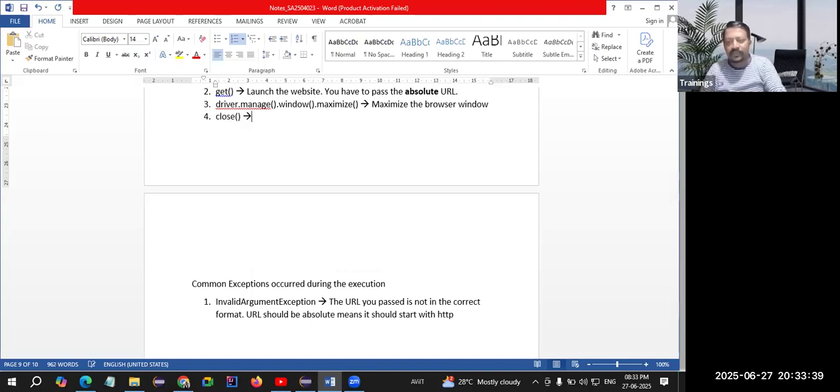So close is the method that will close the browser window that is opened by the WebDriver object. My dear friends,